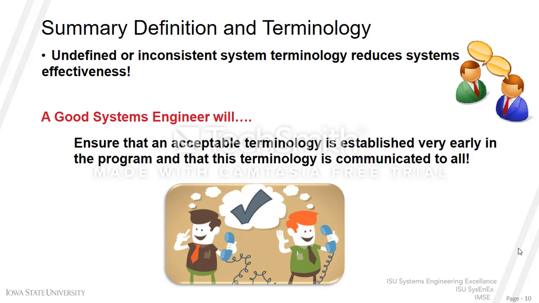So in summary, undefined or inconsistent system terminology reduces system effectiveness. A good systems engineer will ensure that acceptable terminology is established very early in the program and that this terminology is communicated to all. While these definitions we gave you are consistent throughout systems engineering and are strongly encouraged to be used,